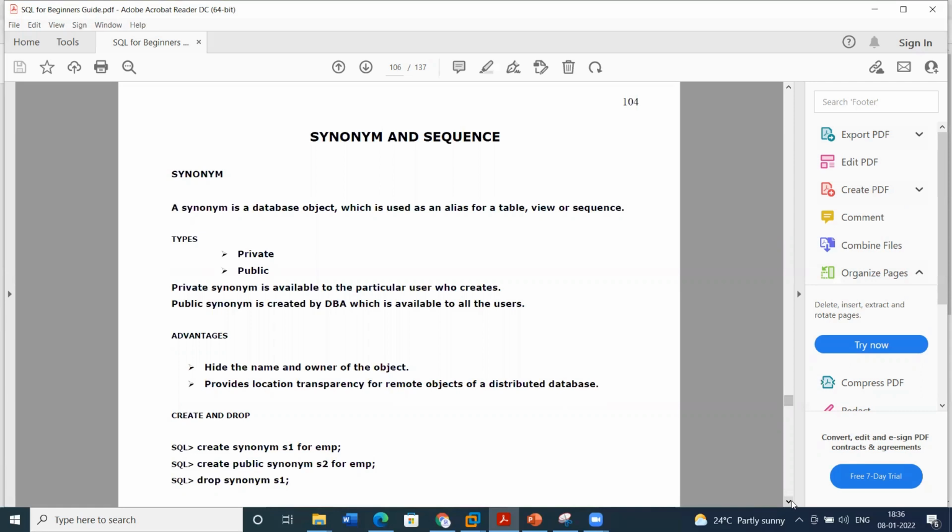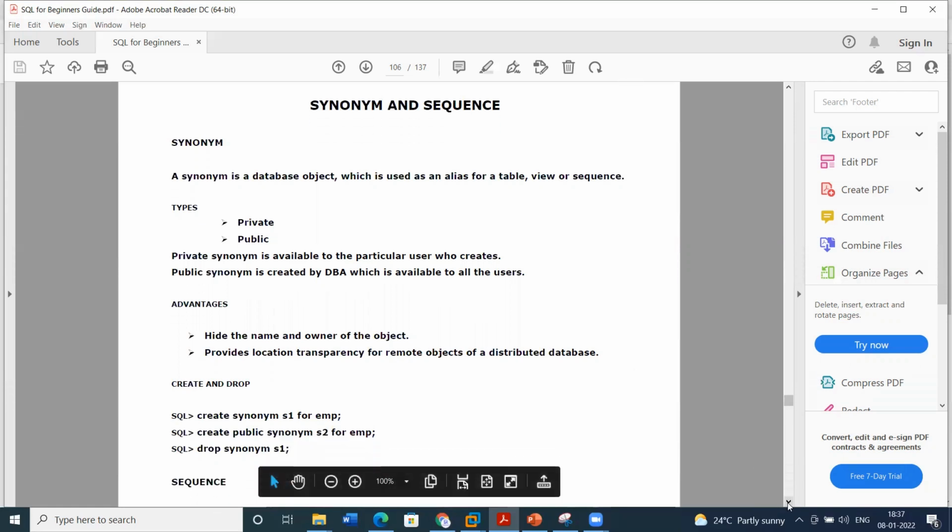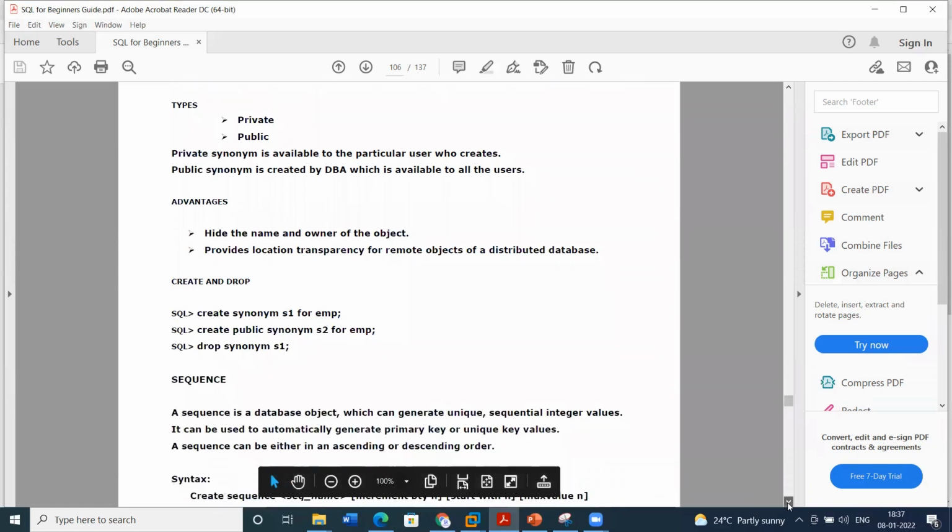A private synonym is available to the particular user who creates it. And a public synonym is created by a DBA user and is available to all the users. So whenever a public synonym is created by the DBA, it will be accessible for all the people. And a private synonym is restricted to the user, so only the person who creates it has the control. It hides the name and owner of the object.